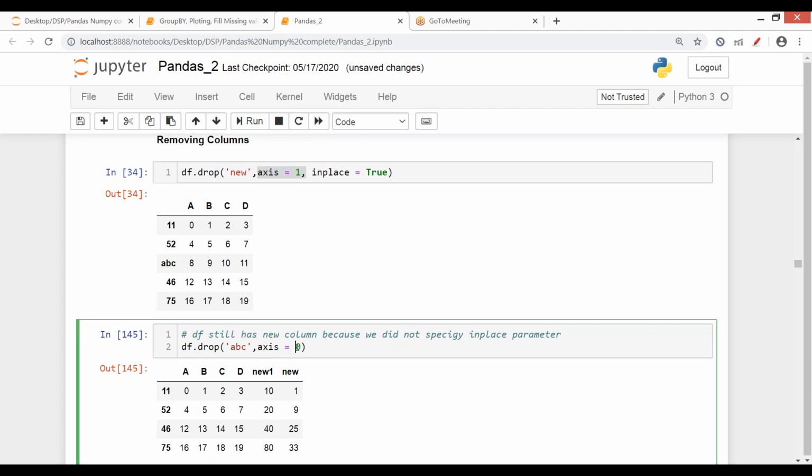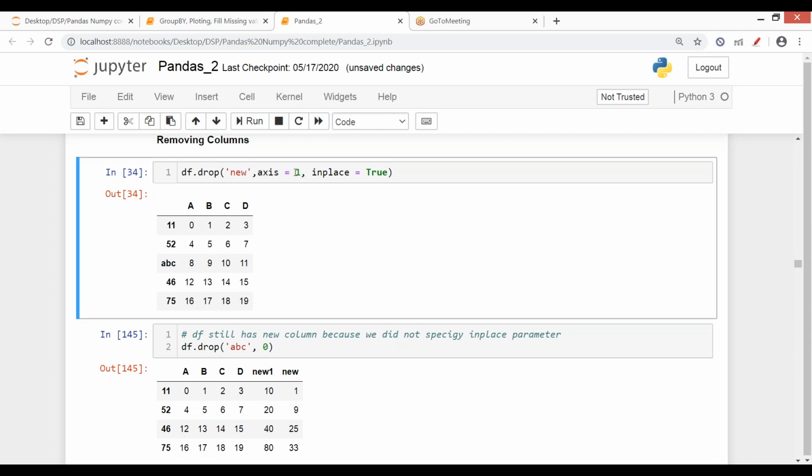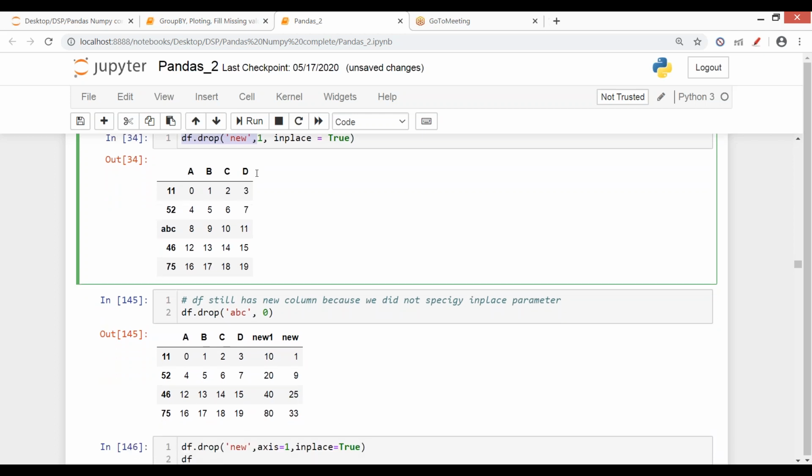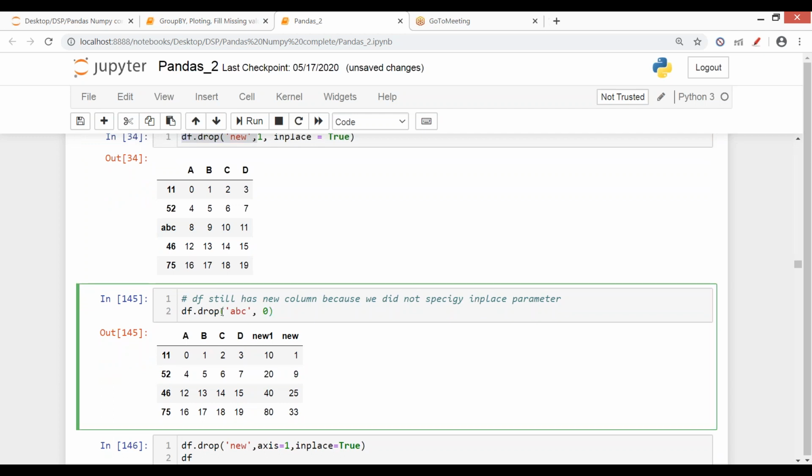At times you won't find this keyword axis, you will see just a 0 written here and just a 1 written here. So it means it is referring to rows and columns. Wherever you find 1 and 0 and there is a df or data frame operation going on, it means that particular one is either referring to a column, or if there is a 0, then it is referring to the number of rows. Yeah. So this is in order to drop a row.